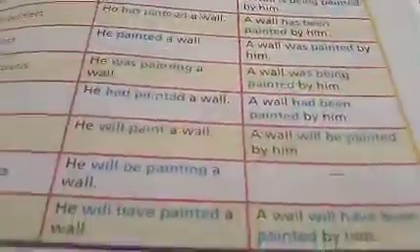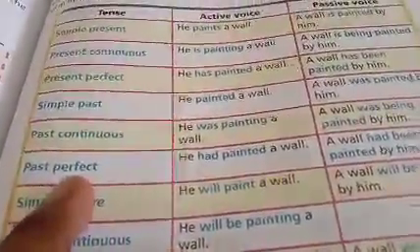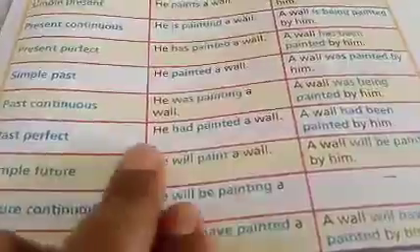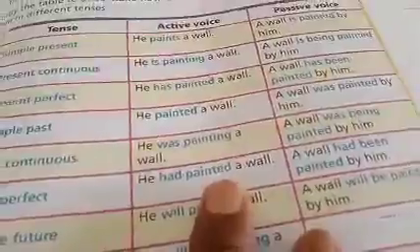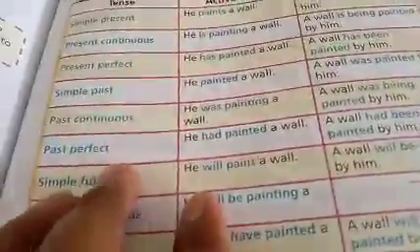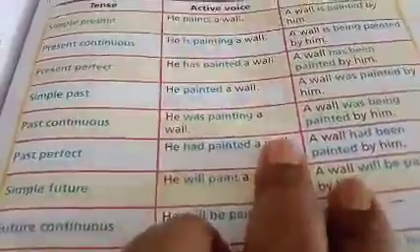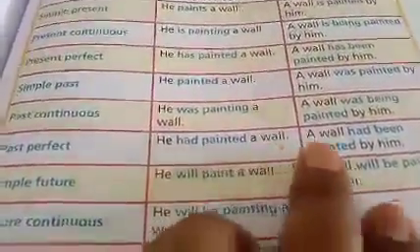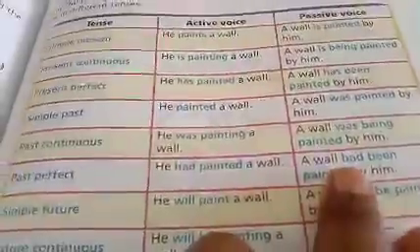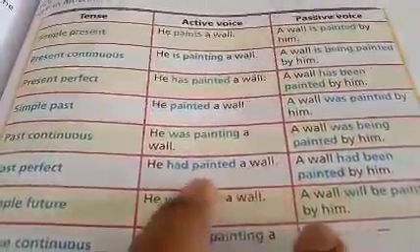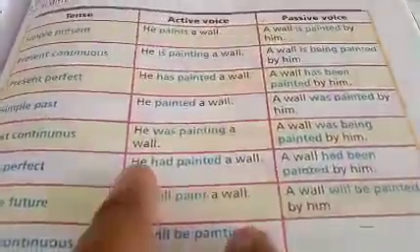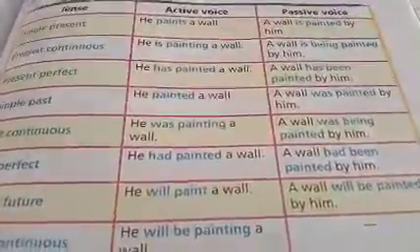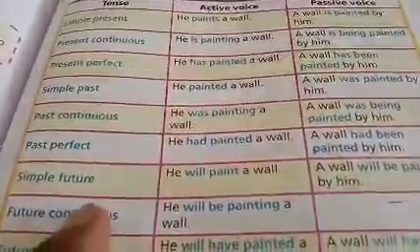Okay. Now, student, you see another example from past perfect. In past perfect, had plus the third form of the verb. He had painted a wall. To convert it into passive voice, you have to use the past perfect continuous helping verb. He had painted a wall, and you will use here had been. Had been is used in past perfect continuous tense. So a wall and had will convert into had been, and painted by he will convert into by him. Okay, by him. Now you see simple future.